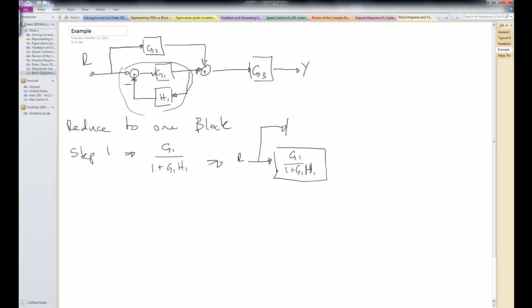There's a feed forward loop around that where G2 multiplies R, and then the two of those get added together. And then that all gets multiplied by G3, and then out comes Y. So now I've got two blocks in parallel, and then that parallel set of blocks is in series with G3. So I apply a parallel rule,